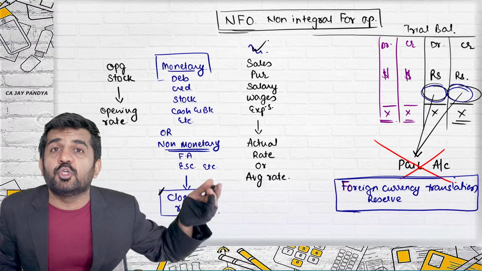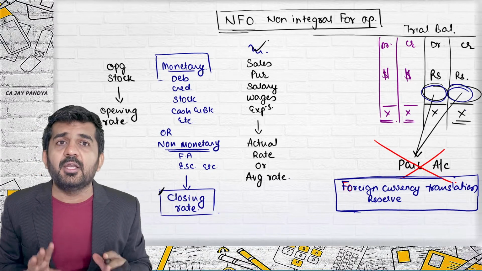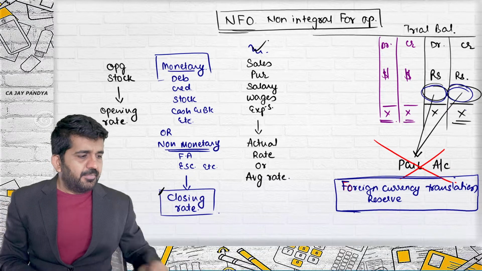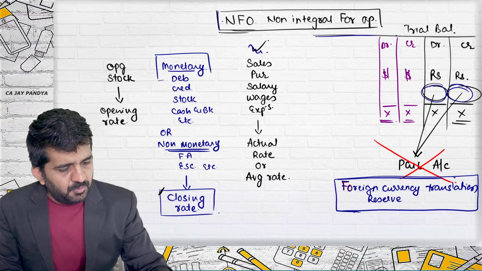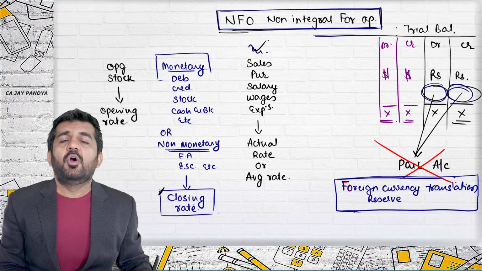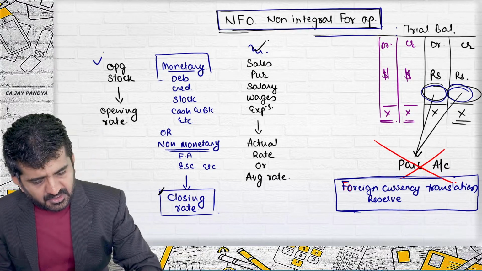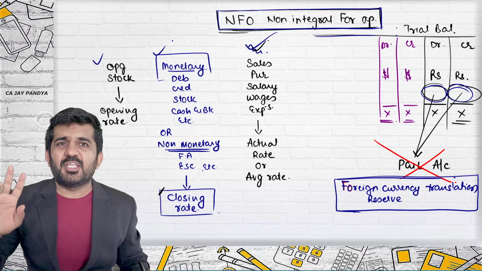In future also there will be profit or loss which will be debiting or crediting to that particular account. Is it all right? So your idea, Aman, is absolutely correct. This will be non-integral foreign operations. Is it all? And this is how it will be recorded. Is it all? So what is the only difference?